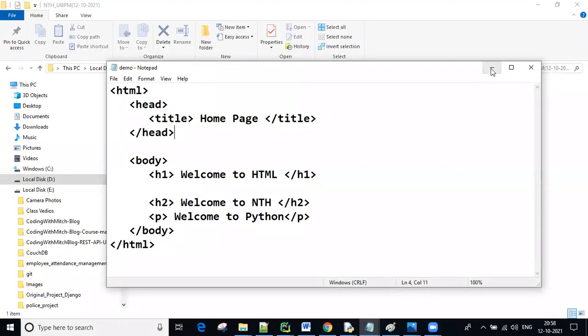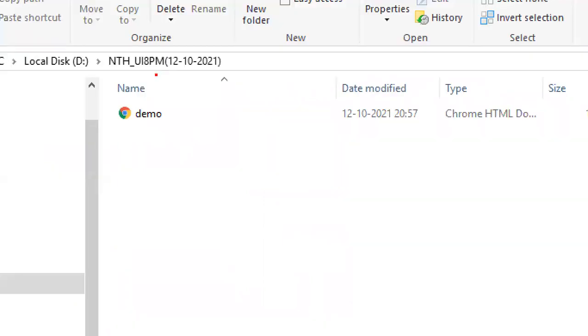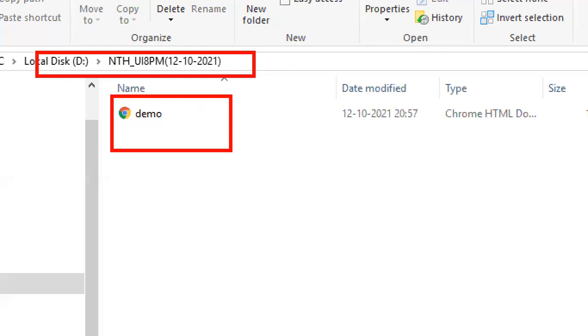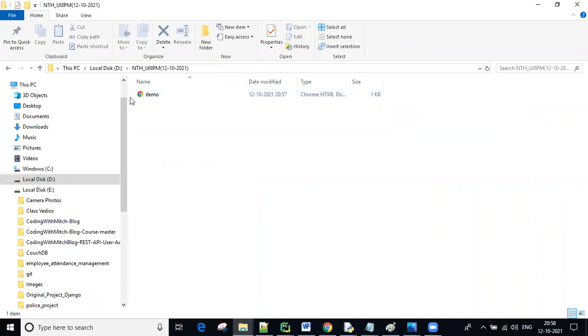Okay, so I want to execute this one. Then go to your folder location. My folder location is the D drive, 8 p.m. batch. Here my file is there, just now we created. In your system, whatever the default browser is, you will get that file logo. In my system Google Chrome is there. In your system if Opera is there, you will get the Opera symbol.